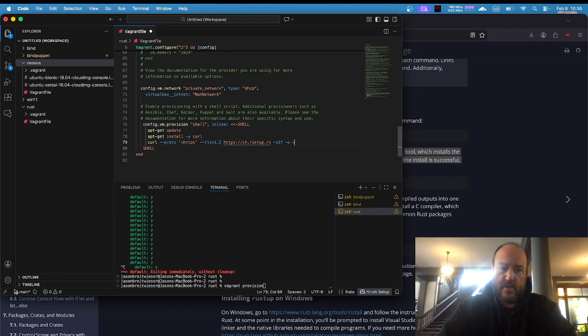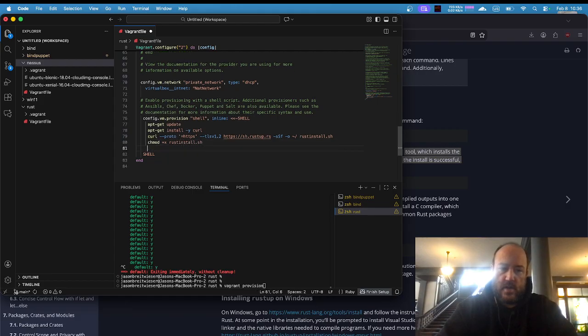Let's work in our home directory. Output to rust install shell. Then we'll chmod plus x our rust install. And then we will